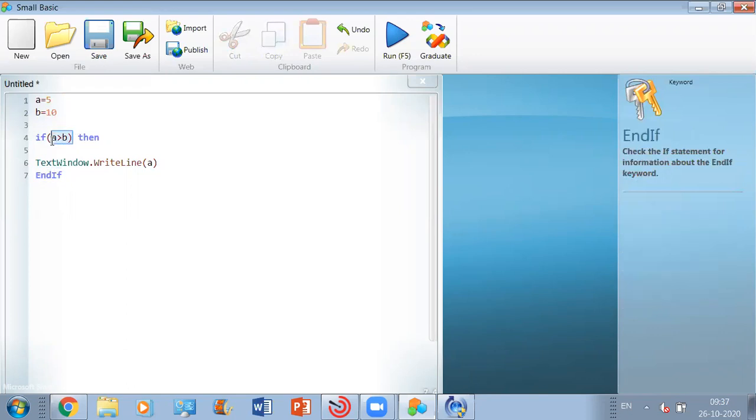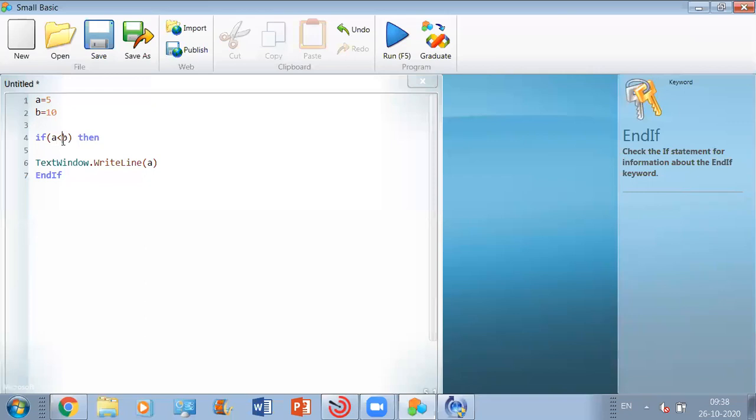Now, can anyone tell me whether this condition is true or false? False. This condition is false. So will we be getting the output or not? No, because it will not give the correct output. Sir, because it has an error. No, sir. So if I hit this run button, see what is going to happen. We will not be able to see that text window, just because this condition is not true.